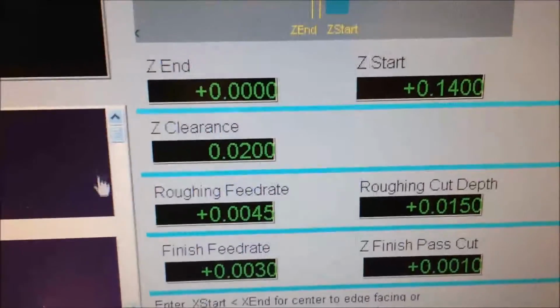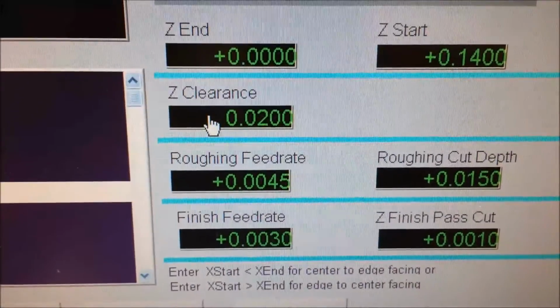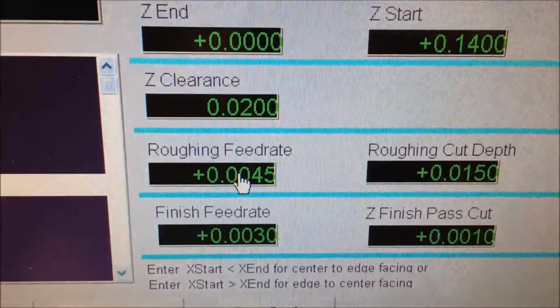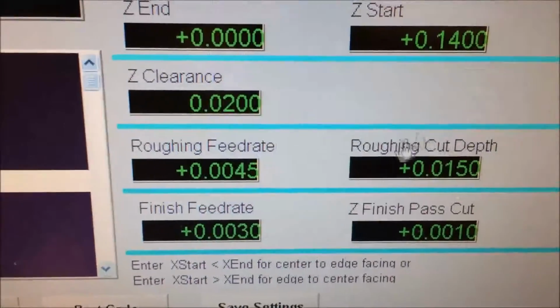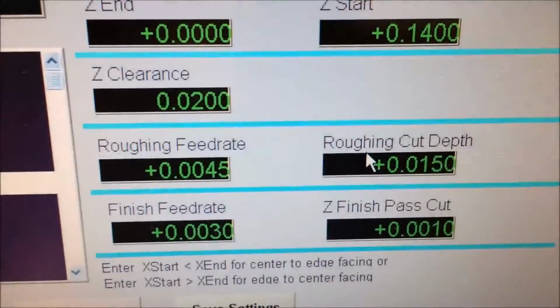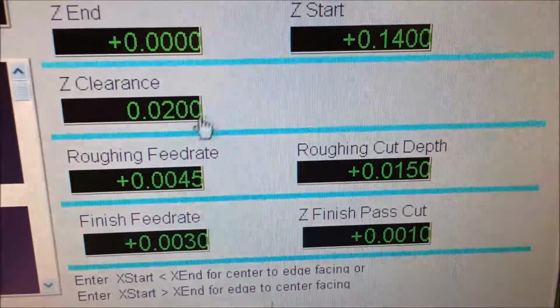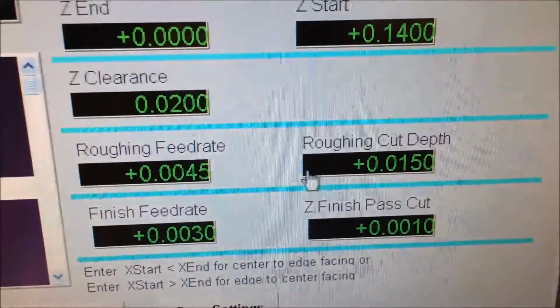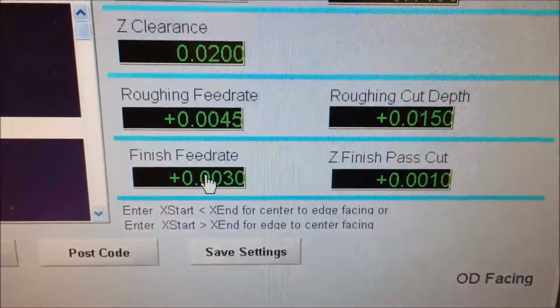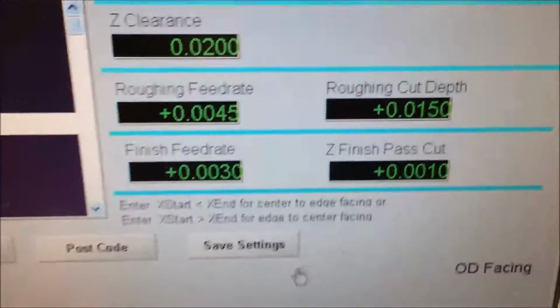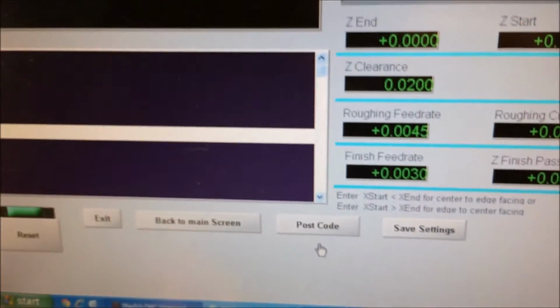Z clearance is 20 thou, that's how far it's going to retract in between cuts. The roughing feed rate is going to be 4.5 thou per rev. Roughing depth of cut is 15 thou. So the clearance has to be greater than the depth of cut, if not you'll get an alarm. Then I have a finish move. The finish feed rate is going to be 3 thou, the finish cut is going to be 1 thou. And if I post code,